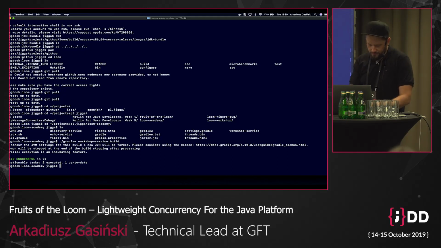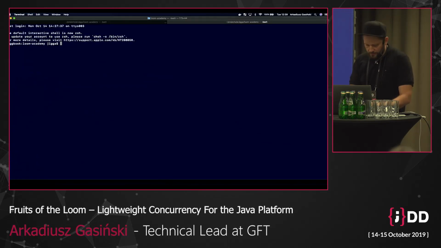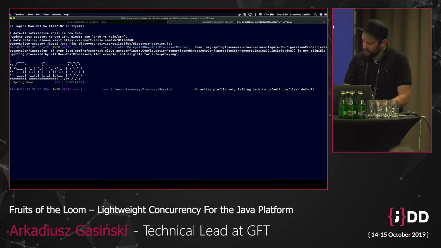Maybe first open another one, and we'll run the discovery service. So I'm starting my discovery service.